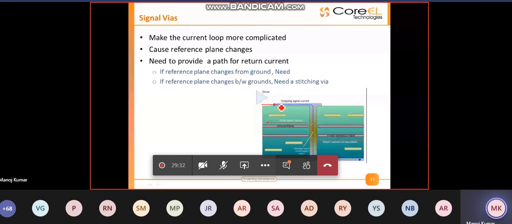While returning, the return current path will take place something like this: the next reference plane is VCC, so most of the energy will be coupled to the power plane. Since there is no physical connection between them, the return current will try to take a jump to a next reference layer where it sees a larger impact on impedance. A larger impact on impedance will basically radiate some amount of energy.